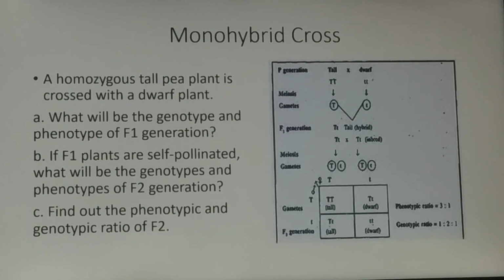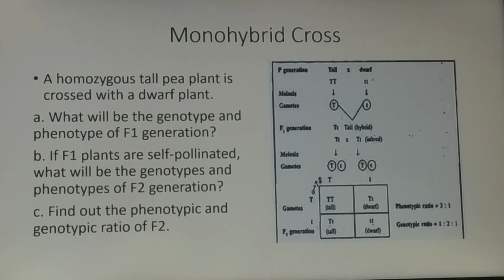Now, on the next line, what is the thing that you have to write? The gametes. So, first line you write the phenotypes of the parents, second line the genotypes, third line the gametes. What are the gametes produced by the tall parent? All the gametes will have capital T. So just write one gamete containing the capital T allele. Then the dwarf parent will produce all the gametes containing small t. Okay, so we have written the gametes.